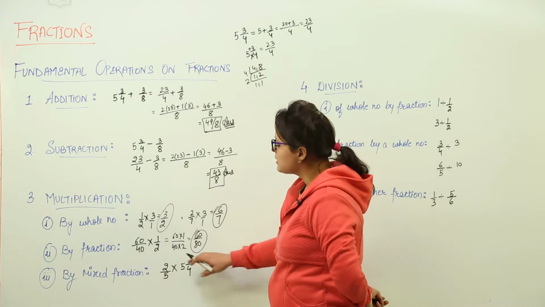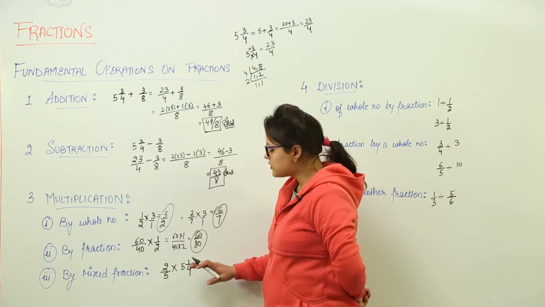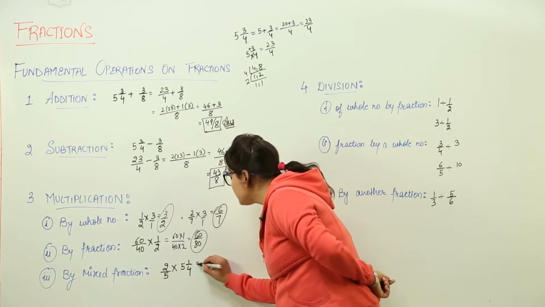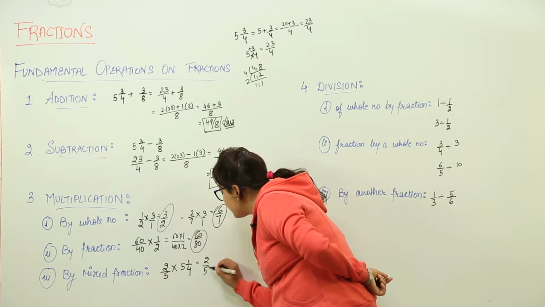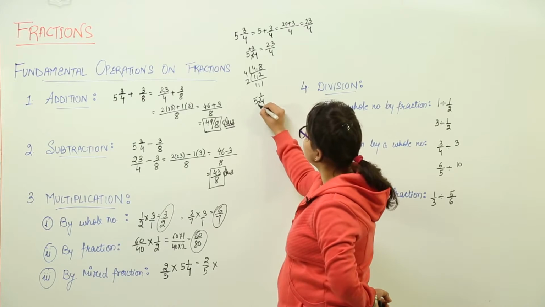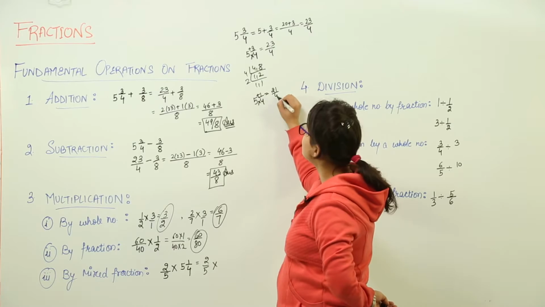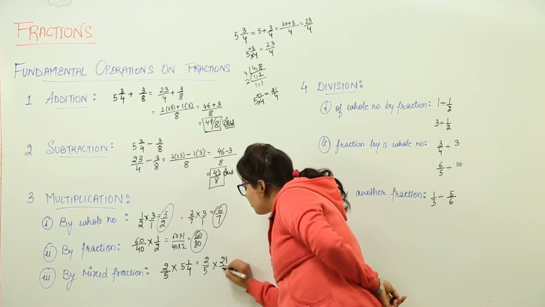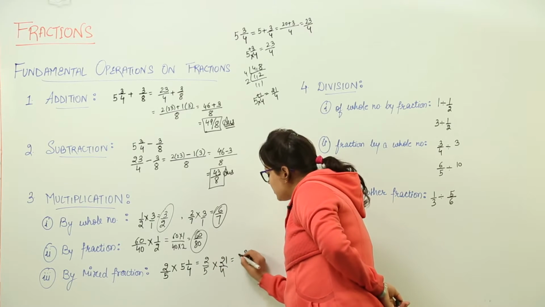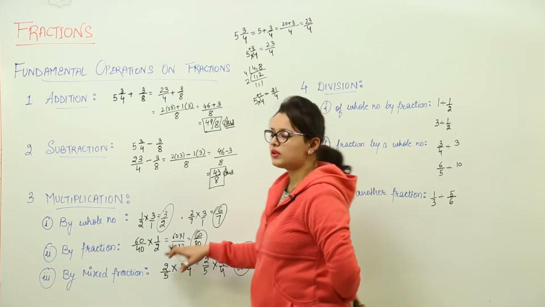Right? Next is the multiplication of a fraction by a mixed fraction. Simple step, first convert the mixed fraction into the proper one. So how do we convert that? We will write here 2 by 5 multiplied with, let us do the conversion, 5 1 by 4. Make a multiplication sign, plus sign. 4 5s are 20 plus 1, 21 over 4. So you write 21 over 4 and on solving, multiply the numerator with numerator, you get 42 upon 20. This is the multiplication for the fractions.